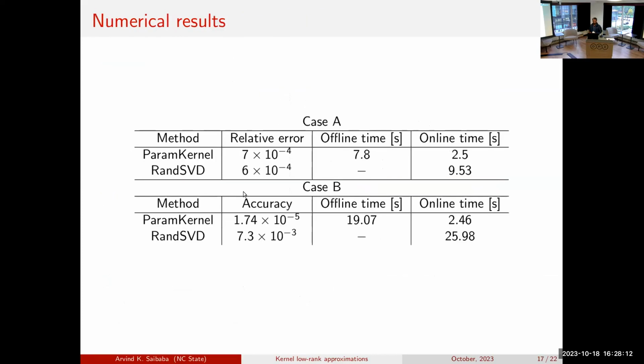Okay, so for this problem, with just a matrix-based approach, there's no offline time because for every new evaluation of the hyperparameter, I'm going to compute it. It's about 10 seconds. Whereas for our approach, we get relatively good accuracy with much smaller online time. So in the second case, this is almost a 10x speedup. And while you can say that the absolute amount of time, it's like 30 seconds, is not that long, what you should understand is you have to do hundreds of thousands of these computations. So this can really make a huge impact.